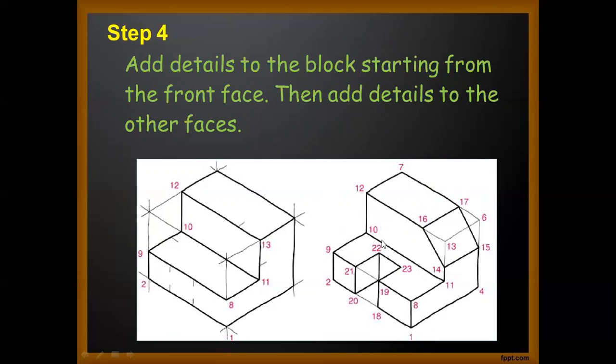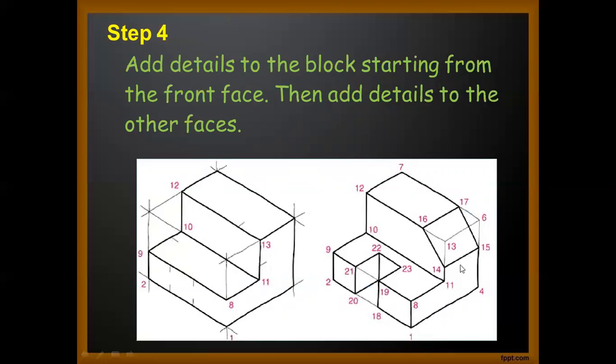Now from each point, there must be three lines passing through it, like this point 1, 2, 3. Similarly from this point 1, 2, 3. So from this point also three lines are passing, 1, 2, but the third line is hidden. Okay, it is not visible to you, hence it is hidden. But in isometric, we never draw hidden lines. So you have to draw this line dark as three lines must pass from this point.